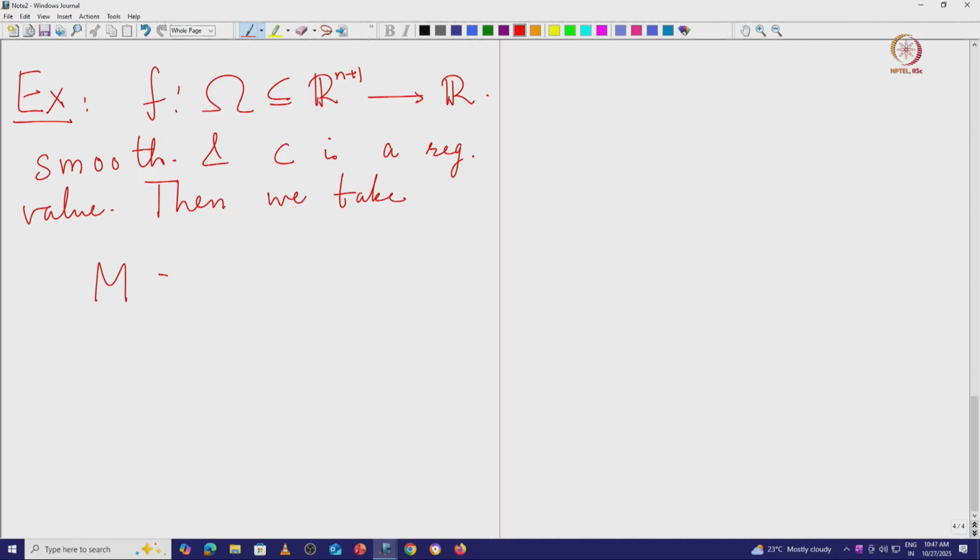Then we take M to be the level set of c, the inverse image of c under f. Then by the implicit function theorem, this is a smooth embedded manifold inside R n plus 1, and you take g to be simply the restriction of the Euclidean metric to M, right. And then clearly this is two-sided